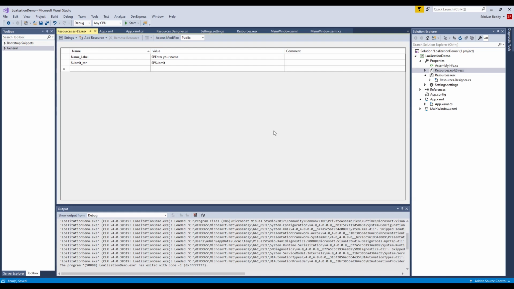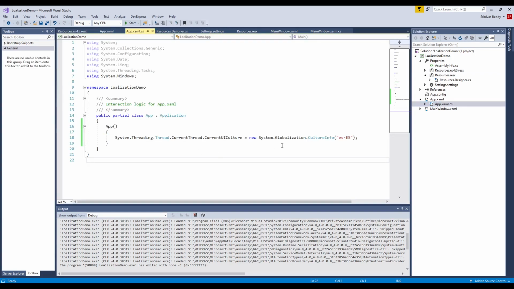The next step that we have to do after adding the Spanish resource file is in the App.xaml file. As part of this class, we have to set the culture like this.